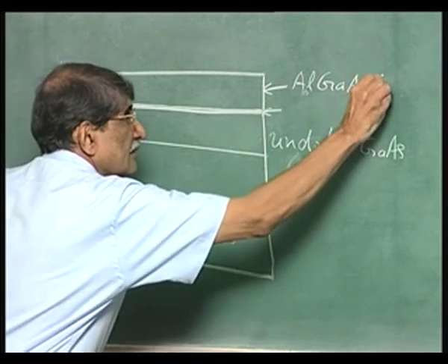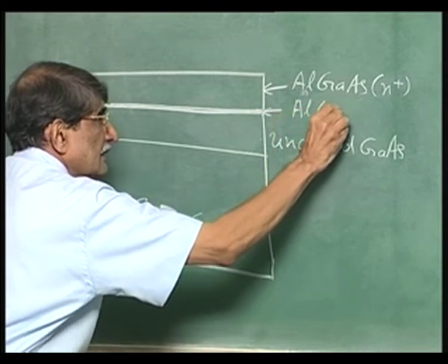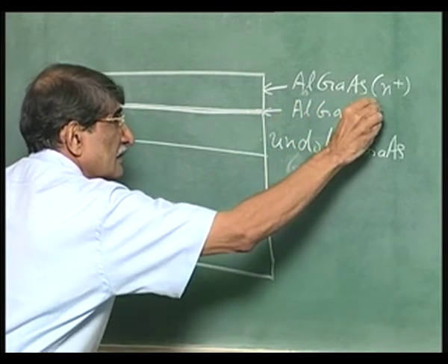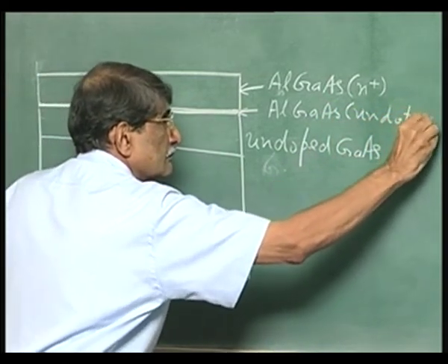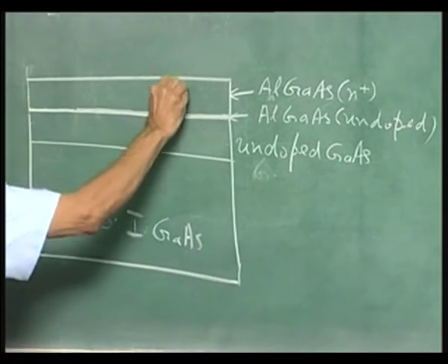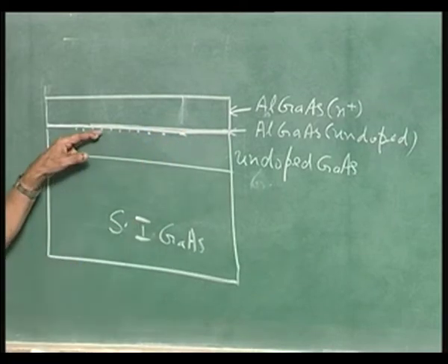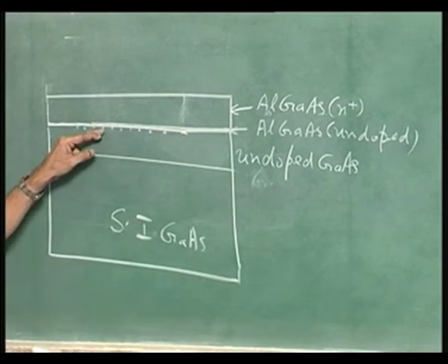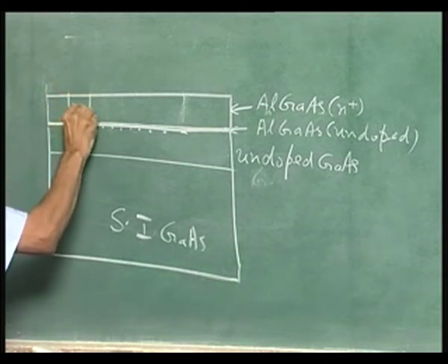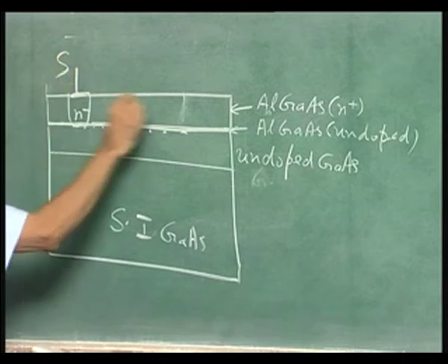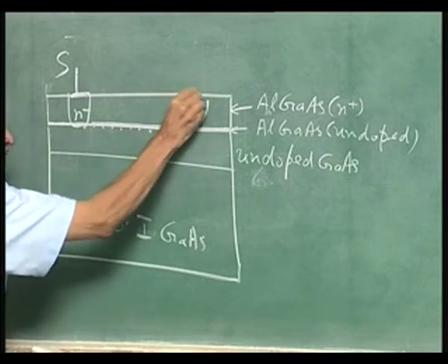N plus, this is N plus. I am just leaving this diagram so that we can take a look at it, undoped. And the moment you do that, that is a notch, where you have the electrons locked, and then you put an N plus layer here, source, you put an N plus layer here, which reaches right up to that point, and then a drain,